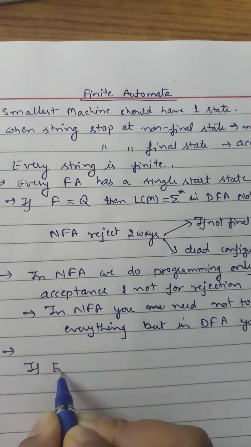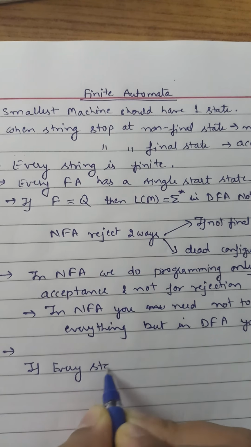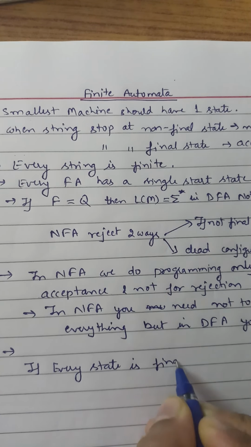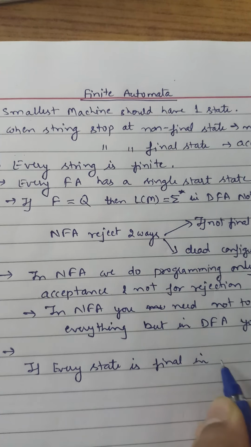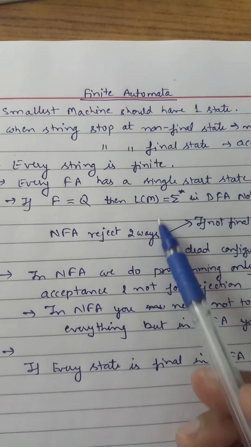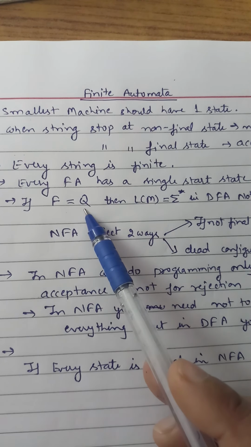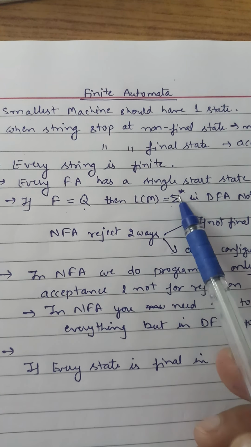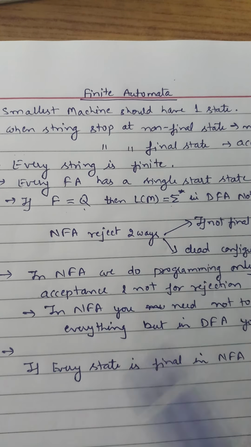If every state is a final state in NFA, as we defined earlier, that final state equals all the states, then the language of that machine will be alphabet star in DFA but not in NFA. But here we can see it like this: if every state is a final state in NFA,